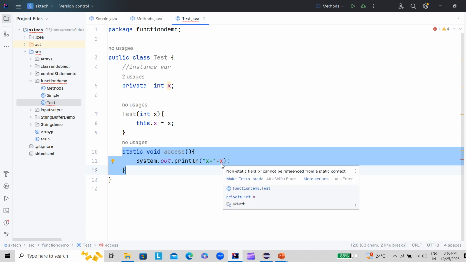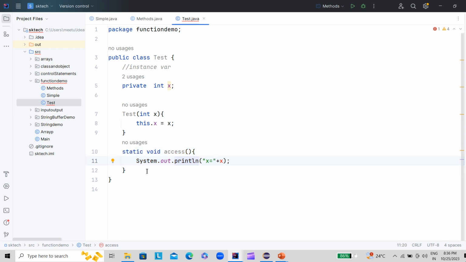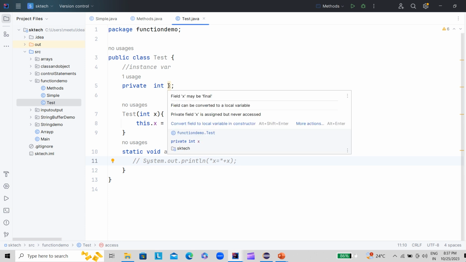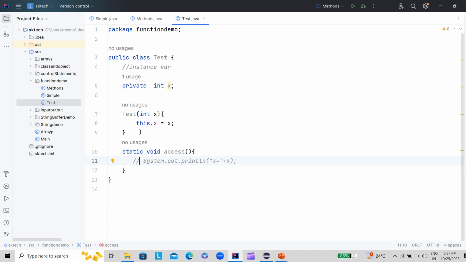That is what we are trying to test. So here we have tested whether the static method can access the instance variable or not. The answer is that an instance variable cannot be accessed inside the static block. The reason is that a static method can be called by the JVM before creating the instance of the class. An instance variable will be available only once the object or the instance of the class has been created. So during compile time itself, the instance variable is not available and it is trying to access this instance variable inside the static block. That's why it was throwing a compile time error.